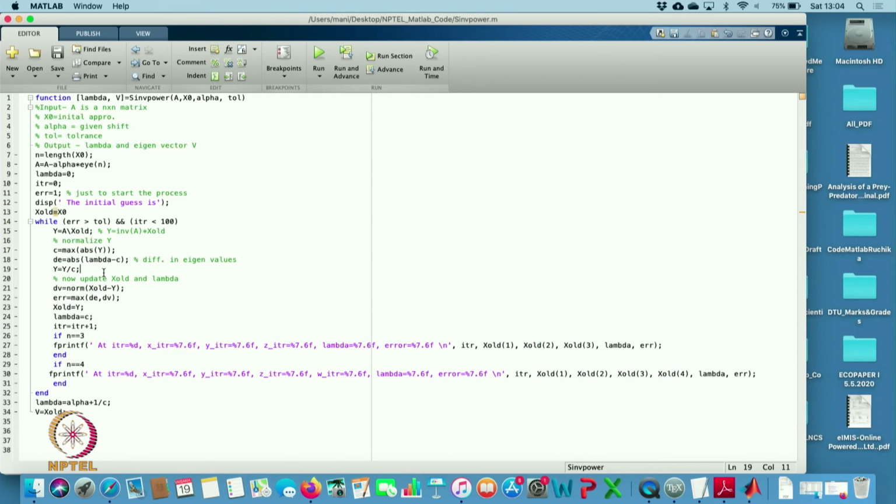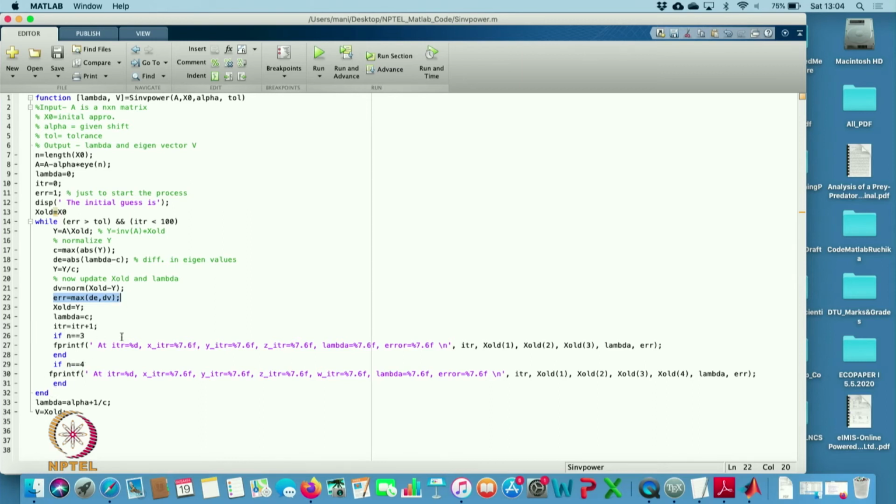So, here I am dividing by c. So, I am normalized, then I am finding the error in the eigenvector. Then I find the maximum error in both the cases. So, x old will be y, lambda will be c, and the iteration will be increased, and the same thing we are doing.